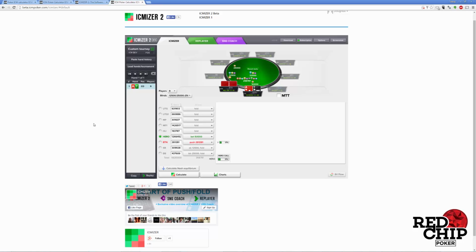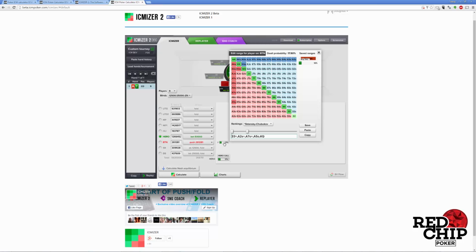So we put in the hand history, and then very important, we also have to put in the payout structure and the current chip stacks at the table. So that was put in pretty easily. And then we have the action from the hand history, and then we also need to know how wide the button is pushing. Well, from the discussion, our hero said that he thought any suited ace, king, queen, and I kind of extrapolated from that he was going to be shoving his pairs and a few offsuit aces also. And that makes it about 17%